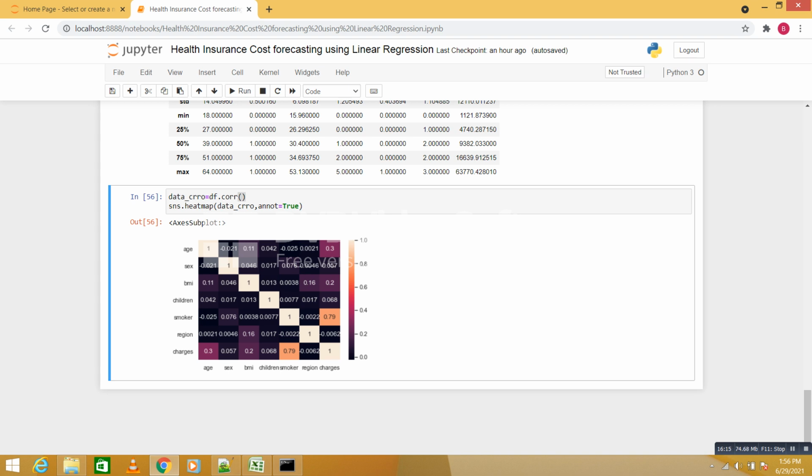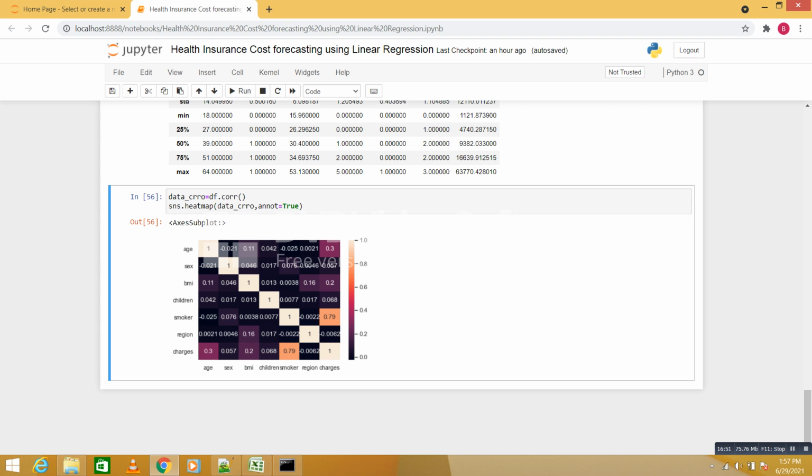Okay, so either you should ask the client person or BA, or whatever person in your organization, you should ask for more data or more insight about the data, because there is very little correlation. Only smoker has a good correlation with the charges. Otherwise there is as such no correlation, so our model will not perform well. Okay, so let's see whether the model will perform well or not. We're now going to do the linear regression.